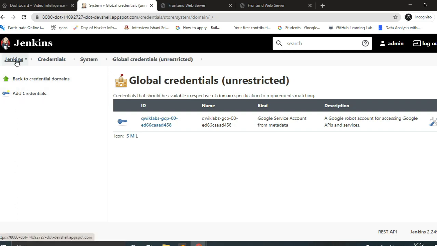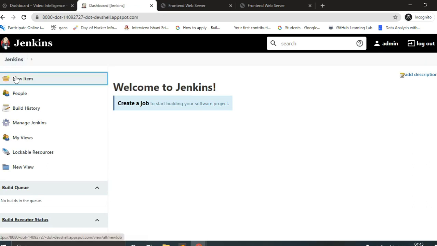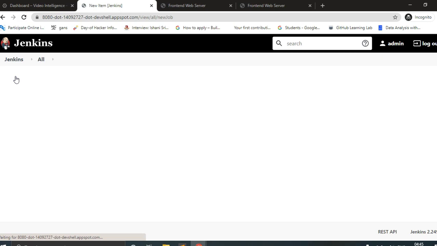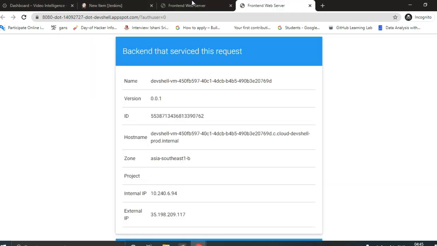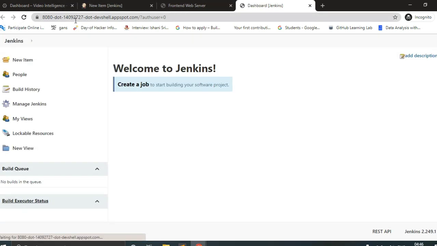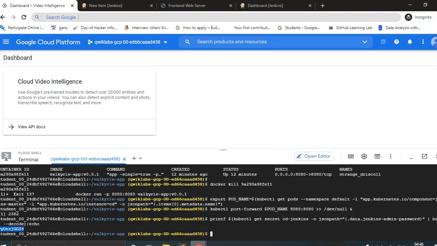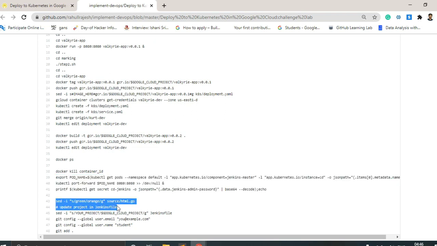And let's shift back to our home server, and after that we will click on new item. Here we will click on pipeline. Sorry, we have to write the name, and for that I guess we have to run another command. Yes, for another command we will be seeding the values of some part.